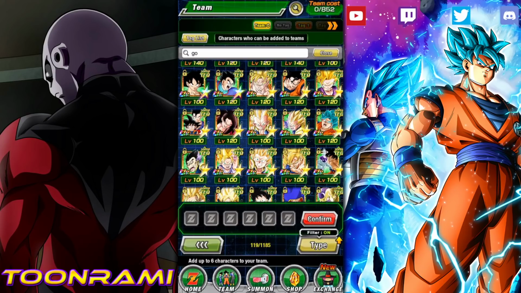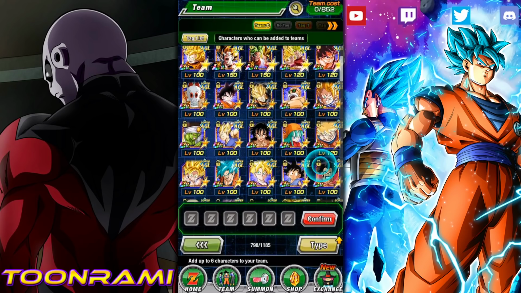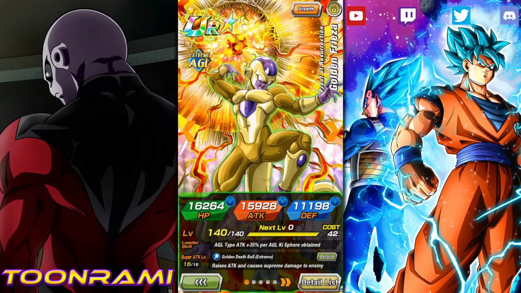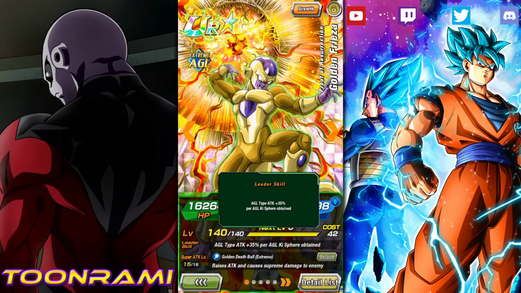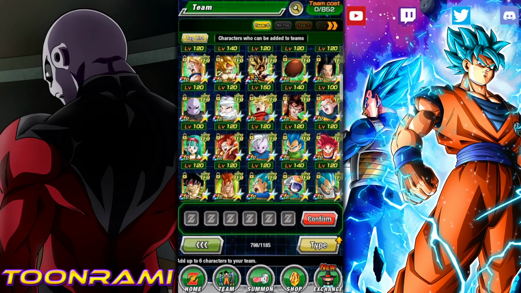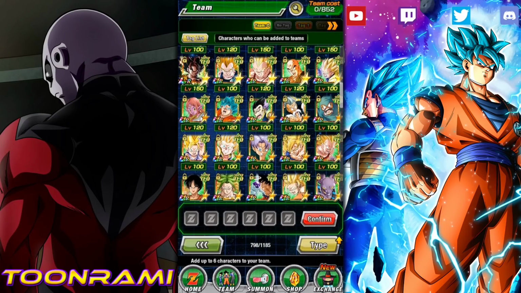So I always knew this was going to happen because when the Frieza got it, you knew that there was going to be a new archetype, right? The Nuking archetype. So if you look at the Frieza guy, he goes AGL plus 35. This is a great leader skill for things like the punching bag event. But the problem is, you don't have the most optimal setup on the AGL side. But on the tech side, you do. So with this, now a thing for JP and eventually for Global, that punching bag event is going to be